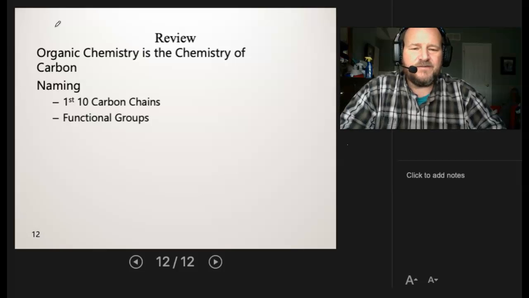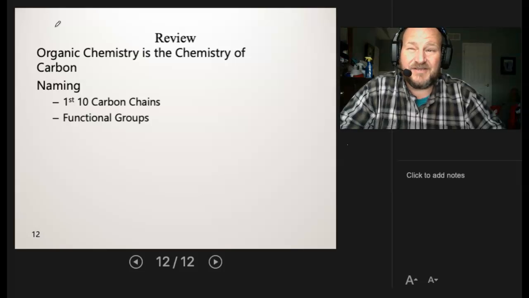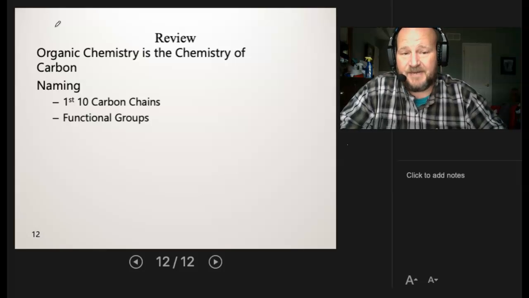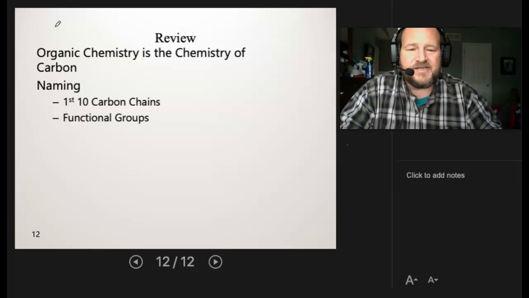Also, under your folder for practice, I will put a couple of, I think it's just one word file actually, that's going to give you a list of compounds where you can practice picking out these functional groups. And typically on your exam, that's the list I pull from, but it'll be real world things. So, real compounds that are in your everyday world. So that way you can see that organic chemistry is around and that kind of stuff.